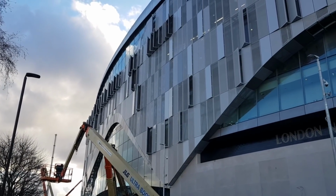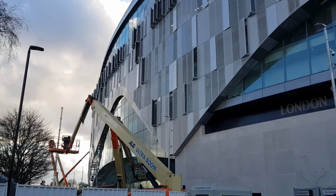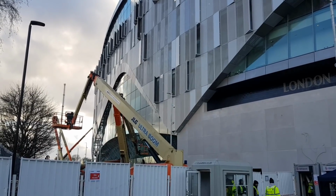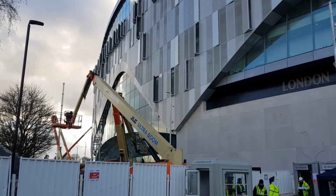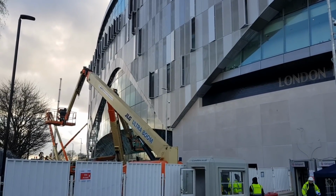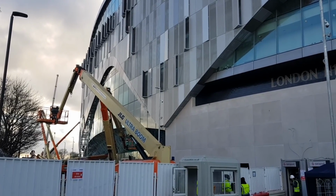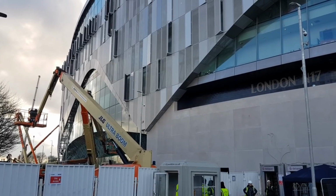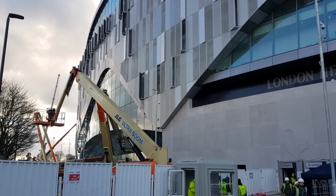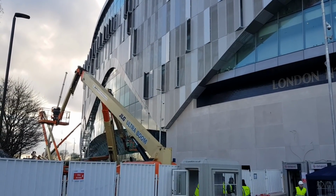Now, as I've mentioned a few times, the last time I was here 12 days ago, it was on a Friday night. It was actually for the East Stand familiarisation event. I was kindly invited by a Spurs fan called Pat. He was actually going in here to see his executive seat and see where he's going to be sat when the stadium opens. He invited me along. I actually walked through the East Stand. It did appear at the time that there was a lot of work still to do, but